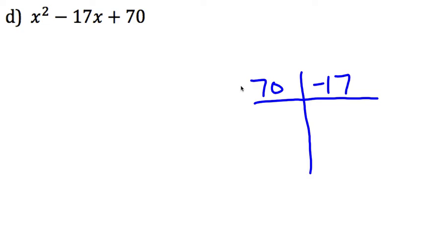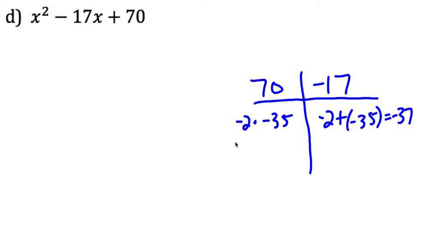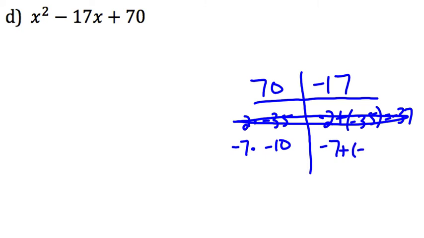So we're just going to look at our negative factors again. So like negative 2 times negative 35. Well, that's way off. Negative 2 plus negative 35, that's going to give us a negative 37. So that's not even close. And maybe you recognize right away that it's negative 7 times negative 10. Here, let me cross this one out because we're not using that one. Negative 7 times negative 10 is a positive 70, and negative 7 plus negative 10 gives us the negative 17